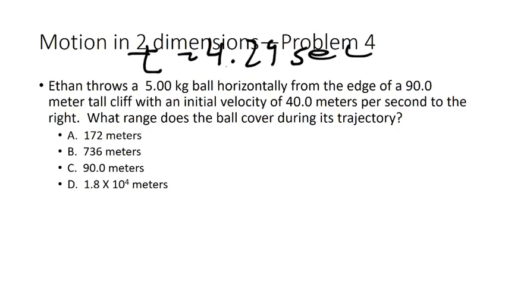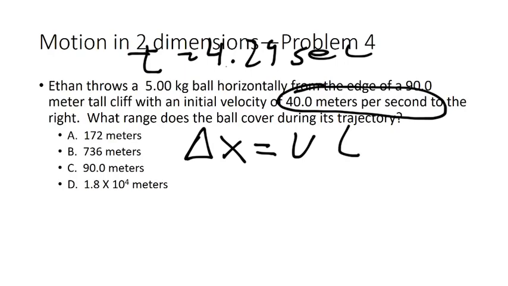In this problem, we're being asked to find the range, the horizontal displacement. The range is completely dependent on the horizontal velocity. And remember that the horizontal velocity in most projectile problems doesn't change because there aren't any net horizontal forces acting on the ball. So our horizontal velocity is uniform, it's constant, and it is 40 meters per second for the entire trip. Typically, when we're dealing with constant velocity style problems, we can use this equation, delta x equals v t,